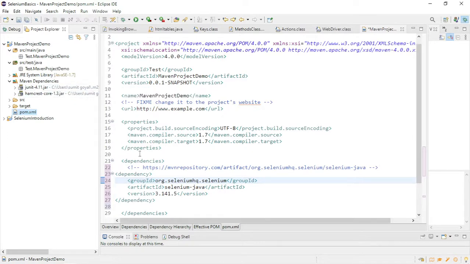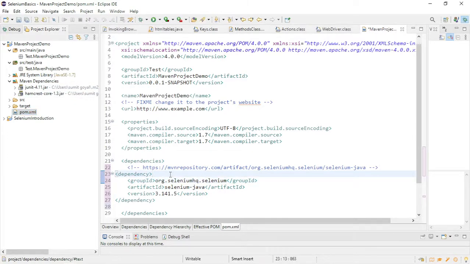Some files are present here by default. When I save it, you see some more files come in Maven dependencies, which Maven will pull automatically from its repository. So we don't have to worry about this in the build path. Just paste this line, and it will pull and place it here, right?